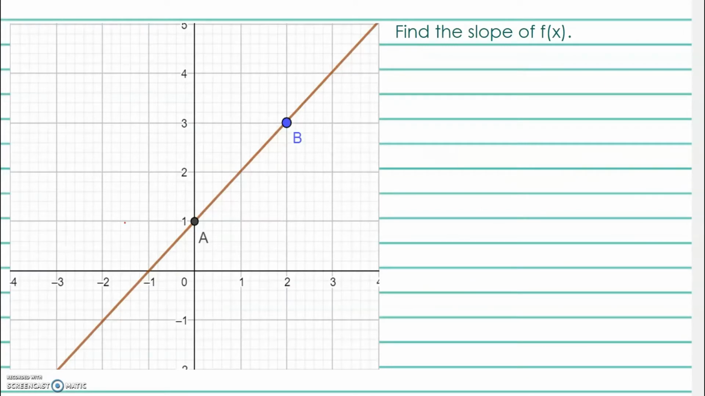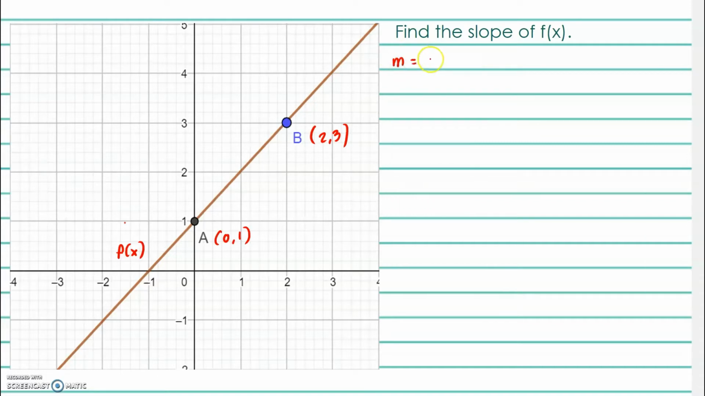Okay, so let's have this graph of f of x. Now, here we are given 2 points on the graph. We have point A and point B. Point A is at 0 and 1. Point B is at 2 and 3. Now let's recall how to find the slope of f of x. So we said that slope, or m,